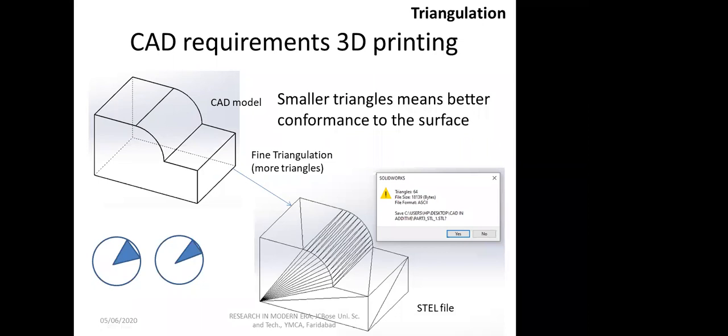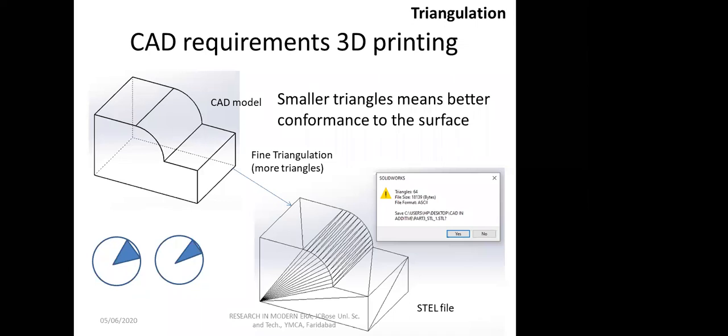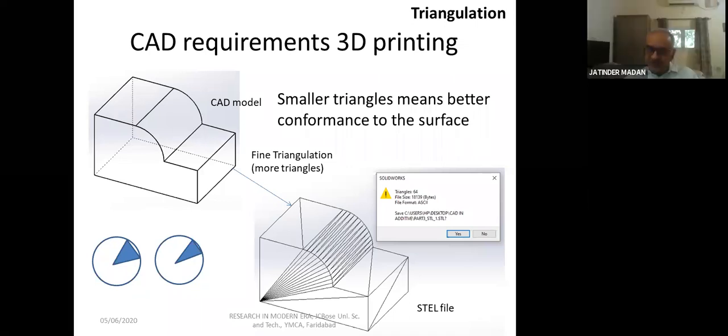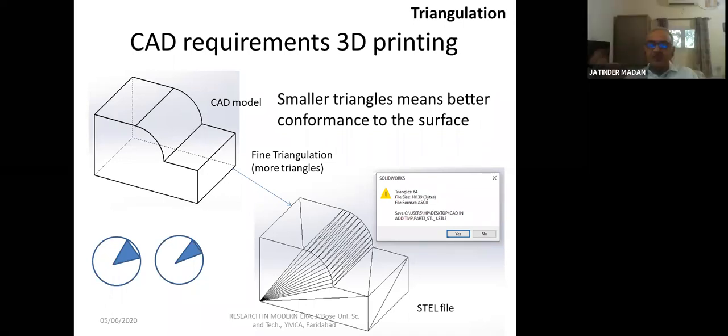A triangle has 3 points. You don't have anything lower than a triangle to represent a plane. If you go for, say, a quadrilateral, you have 4 points, then your model becomes more complex, and so do your computations,